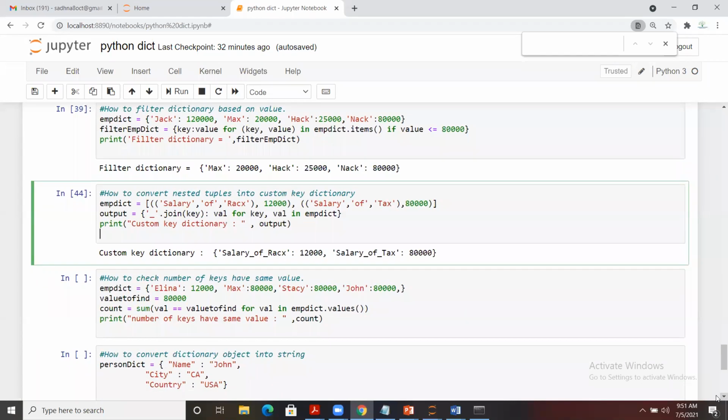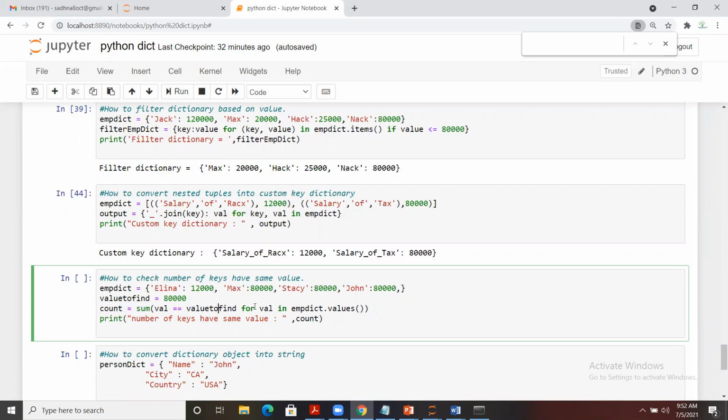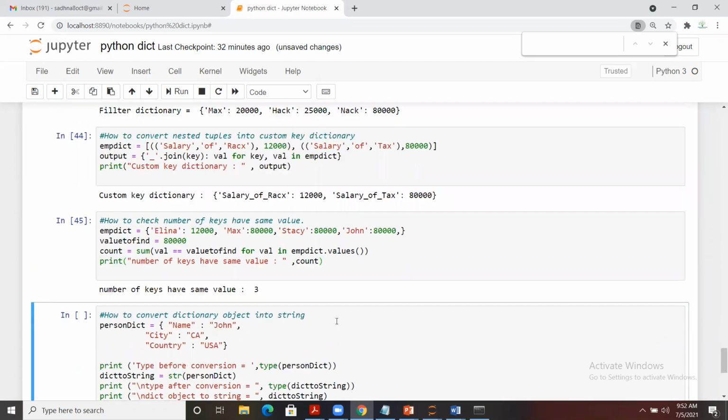In case we need to check how many keys have the exact same value, we can define a variable, put the value which we want to match, and then apply a condition: value and the assignment of it for value in empty underscore dictionary dot values, and then we sum those.